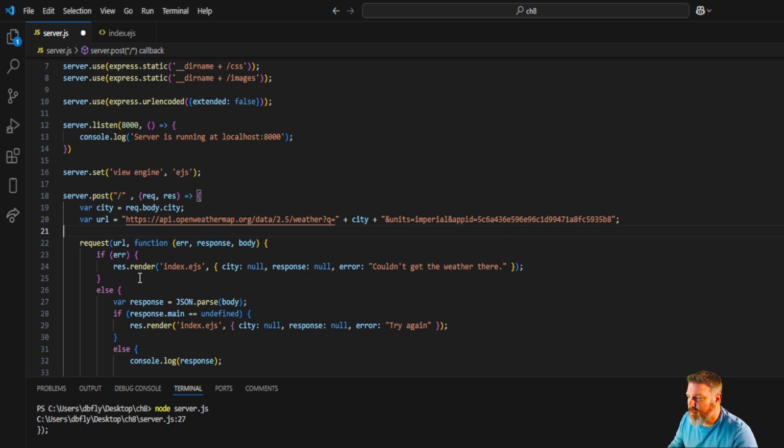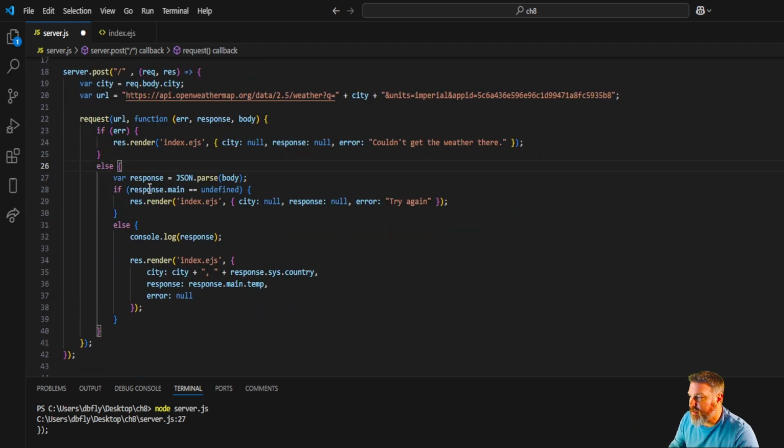If it errors, we're going to render the EJS file with no city, no response, and an error. It says it couldn't get there. So if we don't get any information back or there's some kind of error, it's going to say, hey, we couldn't get the weather there. Otherwise, we're going to take this response. We're creating a variable named response, and we're taking that JSON response and parsing the body of that response. I hope that makes sense. So we're going to parse the body of that response. That's not a variable. It's just, that's what you do. Or because I guess we specified it here. But